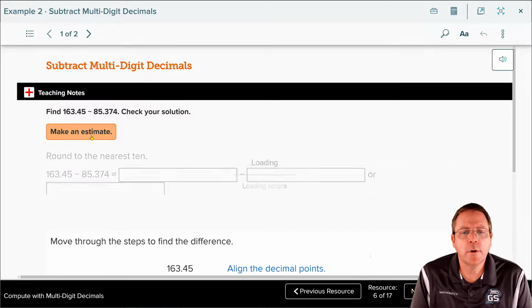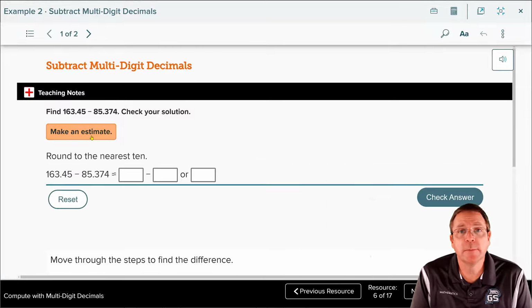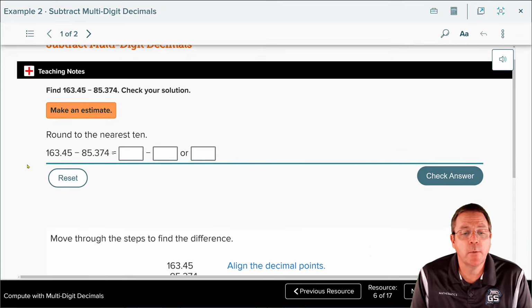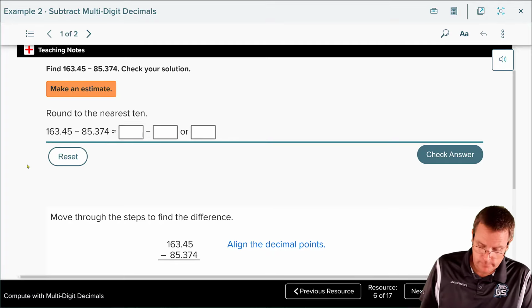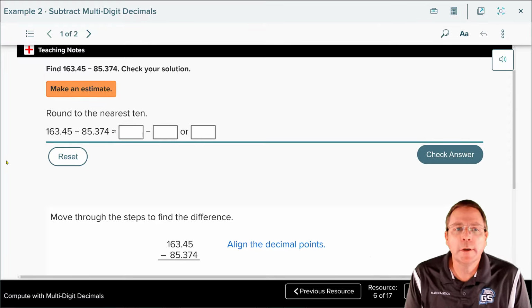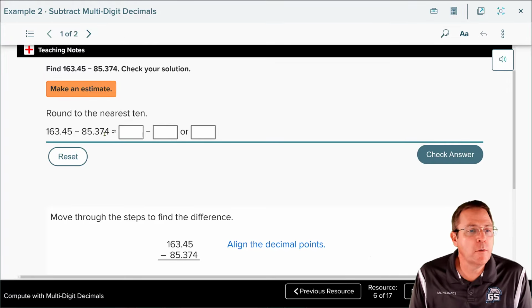All right, now it's your time to do this again. And the first thing I want you to do is make an estimate, just like we did last time. After you make the estimate, I want you to solve it. And then when you solve it, check your answer, see what you get. Go. So what did you end up getting? Let me start off by saying for me,